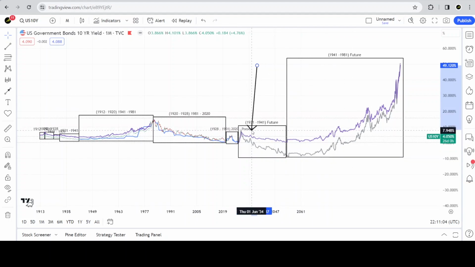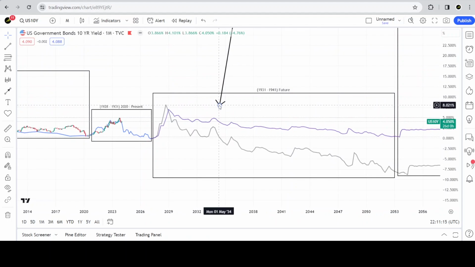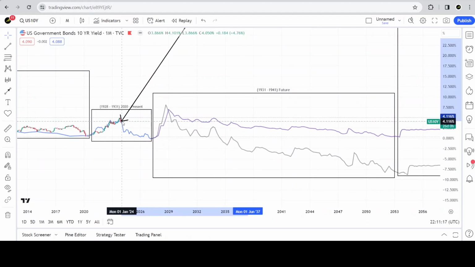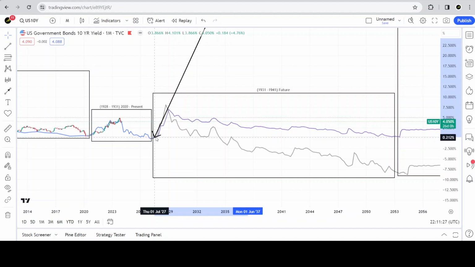Let's zoom in here and examine this a little closer. So here we are today. Now, it could go up higher, again make that other peak, or it could do this. Eventually, it's going to decline, come to a low, and then the 10-year yield is going to rise up again. I don't know when this will take place, how high it will go, but it will come to a peak,